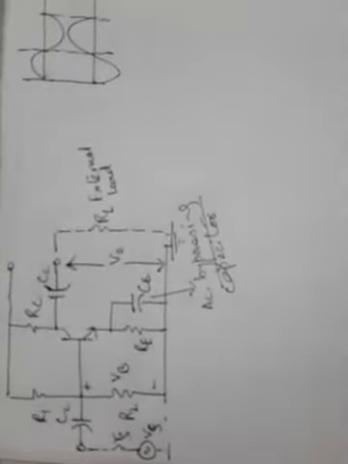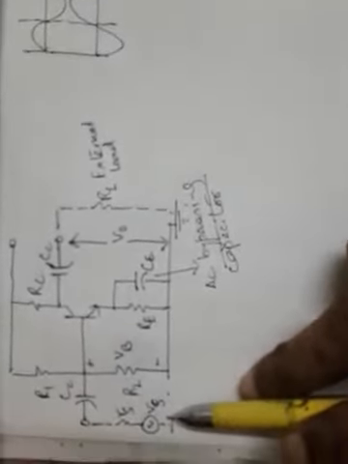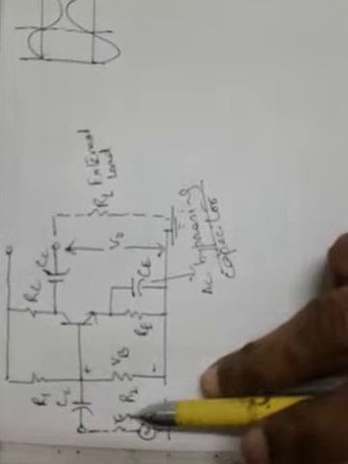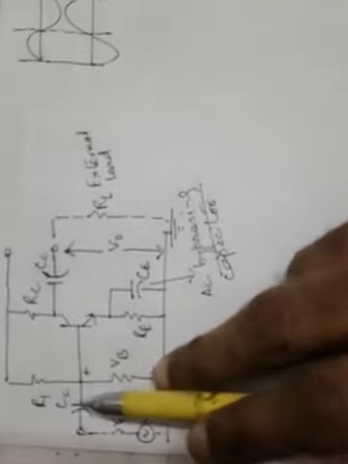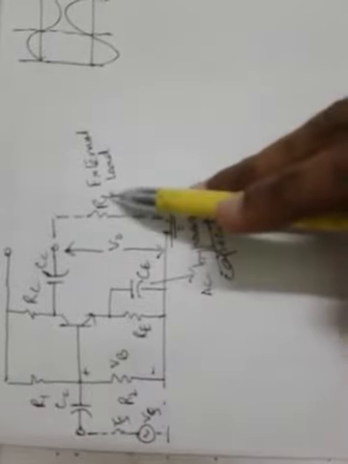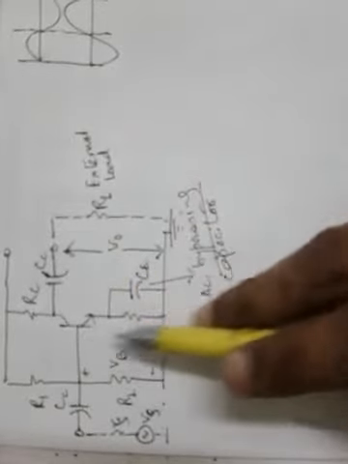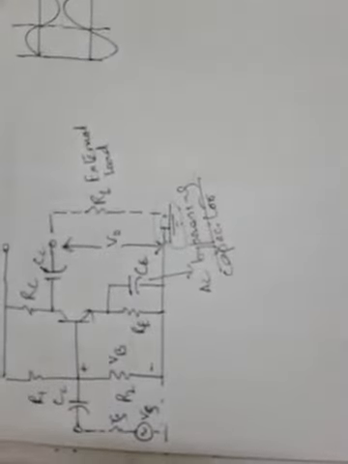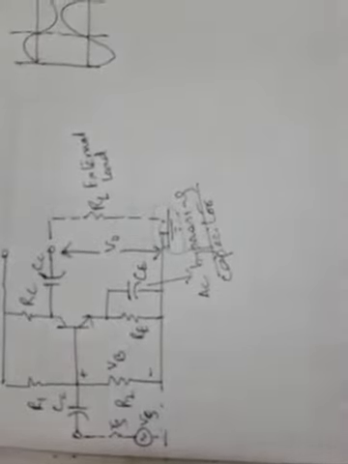The signal source Vs is applied as the input along with its internal resistance Rs. It is connected to the transistor base, because the input is applied to the base. Output is taken from the collector terminal. The emitter is grounded, so it is the common emitter configuration, CE mode transistor amplifier.